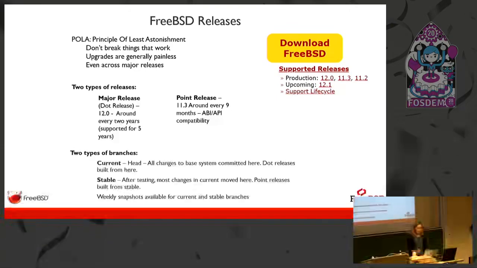And then, like I mentioned earlier with Netflix, we have the two different branches, and we call them current, also referred to as the developer branch, and then the stable branch. So, for example, on my computer where I'm installing FreeBSD, I'm actually using the current branch. So it's the latest and greatest version of FreeBSD. And what we do as a project is provide what's called a snapshot, and every week those are run. And so that's the image that I downloaded on my system.